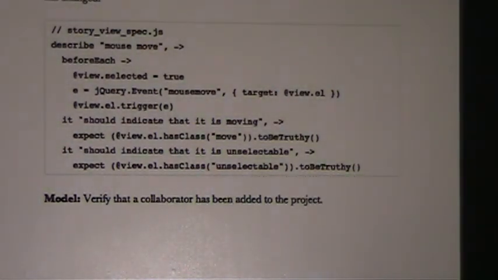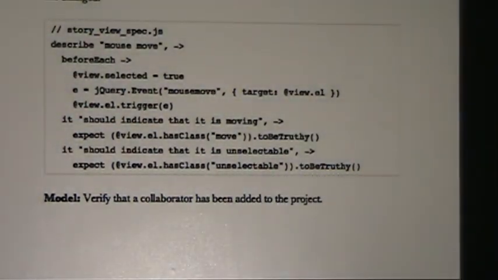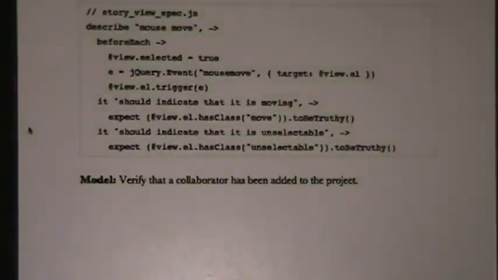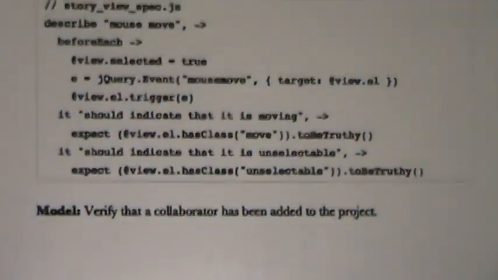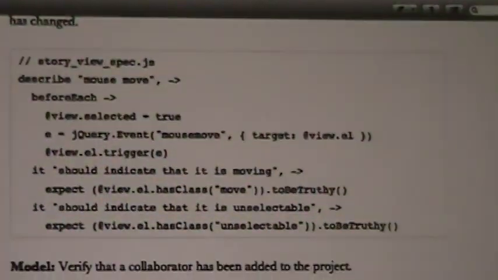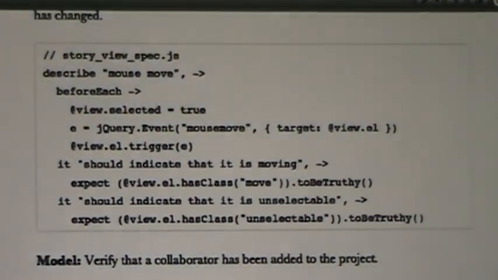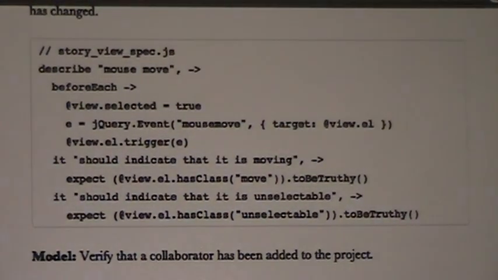There's an el property that refers to an element in the DOM. You send an event, you trigger it, then this test verifies that certain properties in the view are set. It's an expectation.